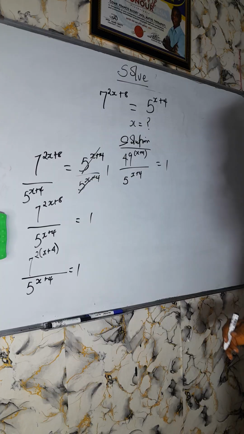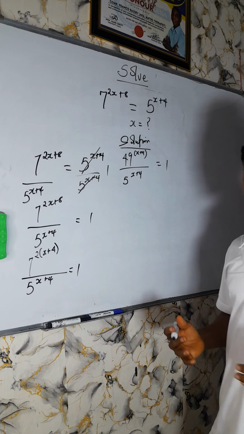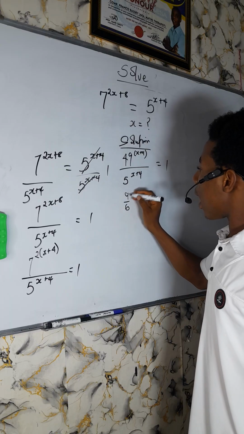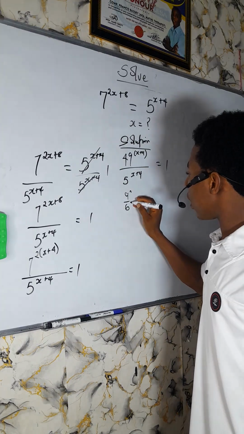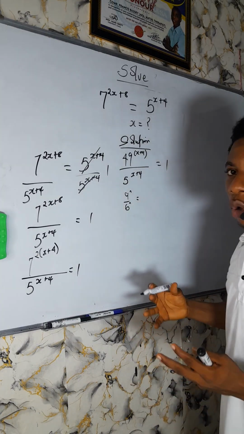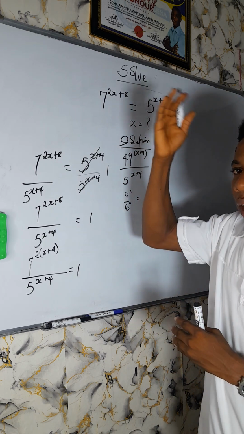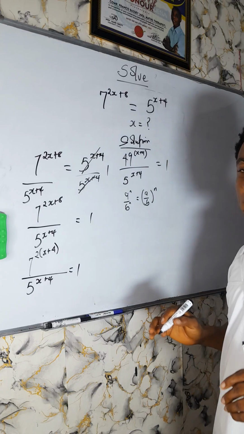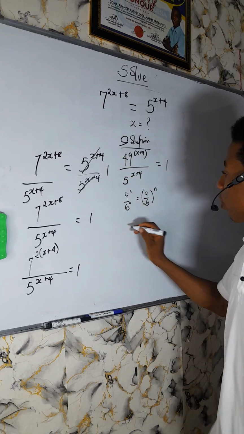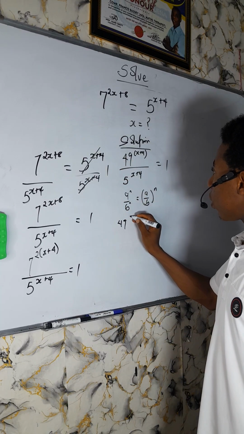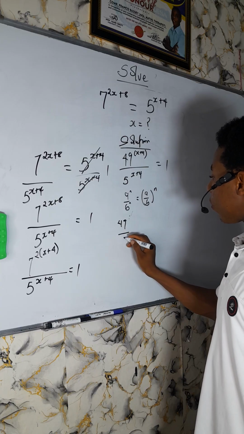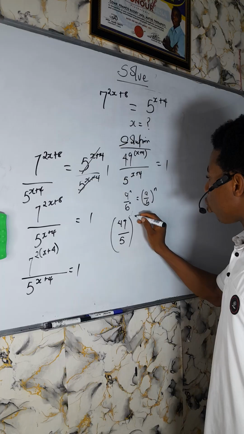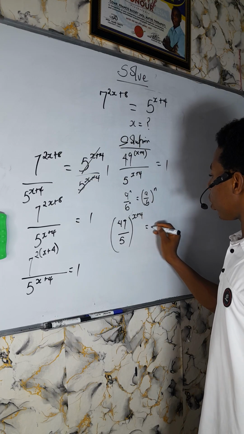1. Now, remember that in indices, if we have A over B and they have the same common power, let's say n and n, we factor it out and raise it to the common power: A over B all raised to the power of n. So we say 49 over 5, all raised to the power of x plus 4, because they both have the same common power, equals